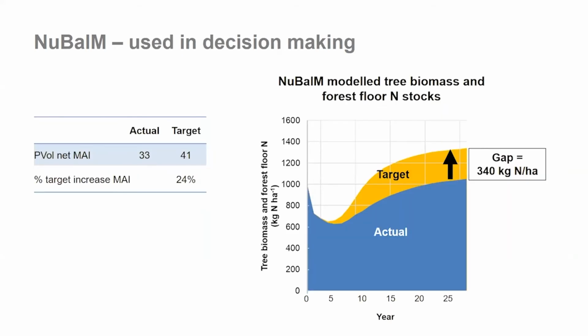I'll now show you an example of using NuBalm in decision making. NuBalm has simple inputs of a given 300 index value, or a stand measurement, silvicultural management regime, and the site fertility measured using a soil sample. You can use NuBalm to predict your actual productivity, nutrient uptake, and what the gap in nutrients is required to